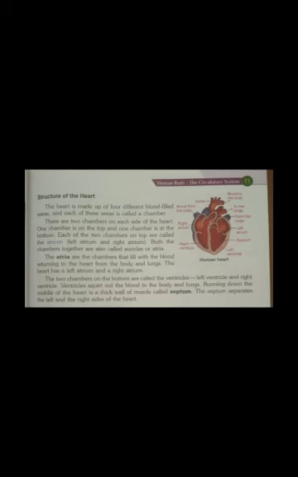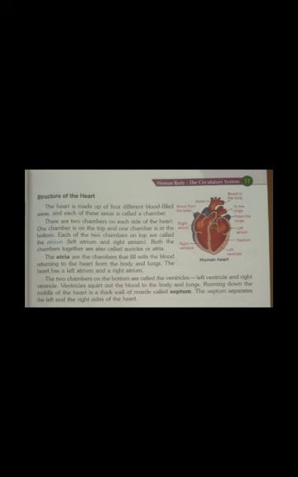Good morning, children. We will continue our chapter 1, Human Body, the Circulatory System. In the last class, we have seen that our circulatory system consists of three things: the heart, blood, and the blood vessel. Now, the heart is the muscular organ made up of muscles that is used to pump blood to various parts of our body,